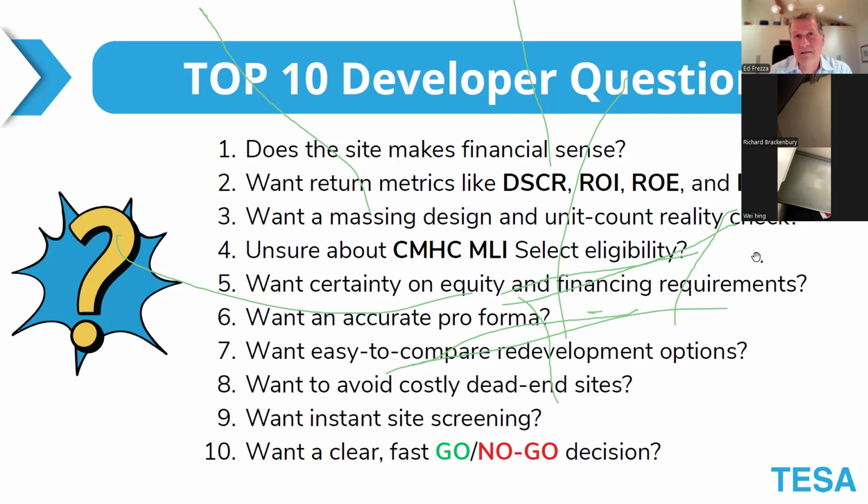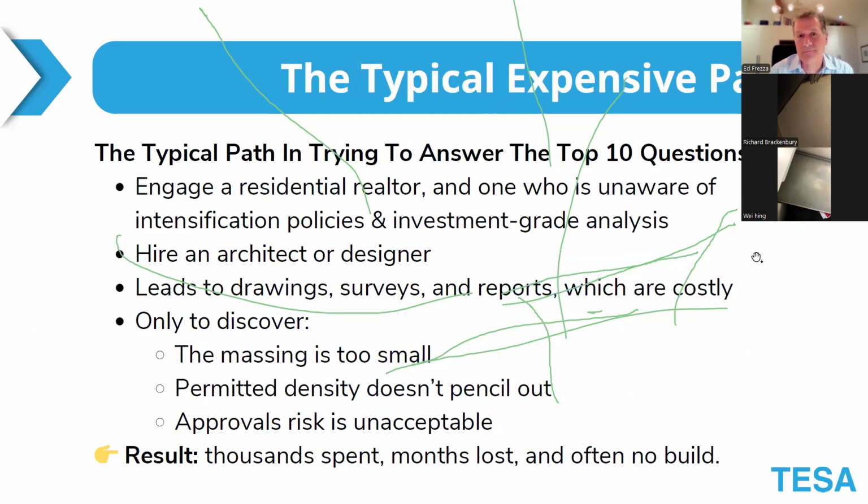People who want instant ways of screening a site, and we can provide rules of thumb to quickly allow you to determine on a very high level that the site makes sense or doesn't make sense, and then decide to spend more time, money, and resources in getting surety on that site. So in essence, people who want a clear go, no go decision. And that's basically the mindset of developers when it comes to a particular site. Does it make sense, etc.